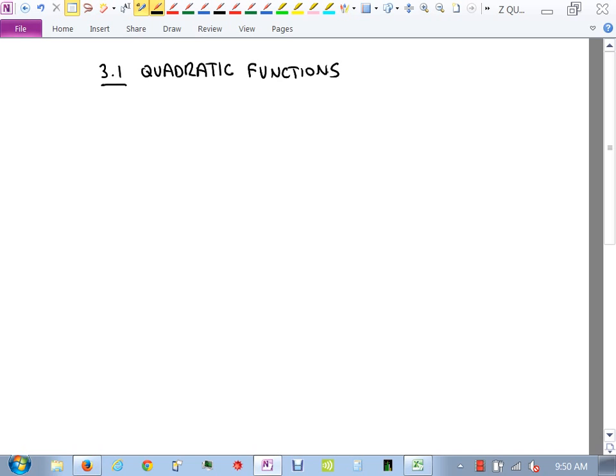All right, so when we introduce quadratic functions, we are going to introduce two different forms of a quadratic. We're going to call one standard, and we're going to call one non-standard. So here's the standard form of a quadratic function. f of x equals a